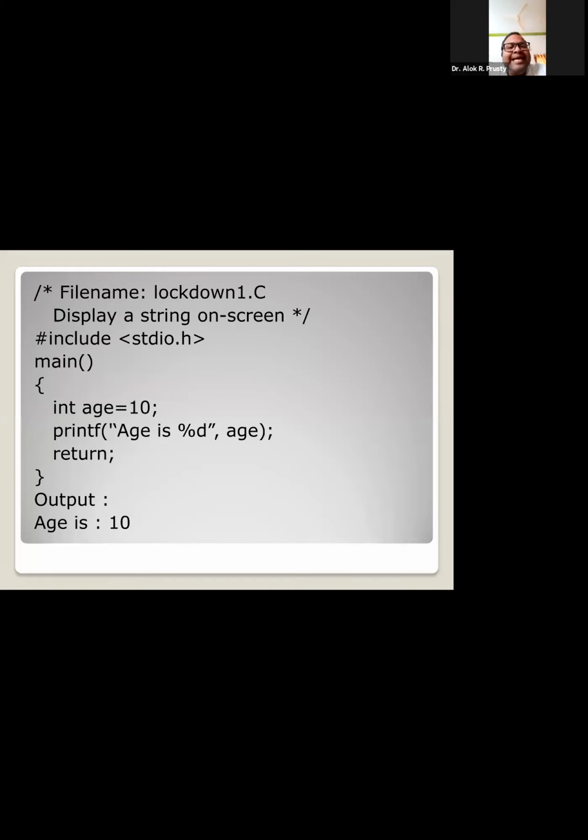Of course 10 is a decimal integer, so easily age can accommodate the value 10, and it is an integer variable. Now I am using a printf function. The printf function is the standard output function which is defined in the header file stdio.h.